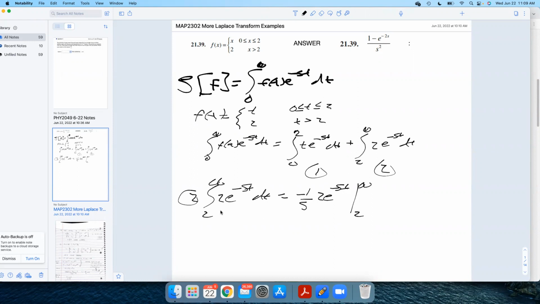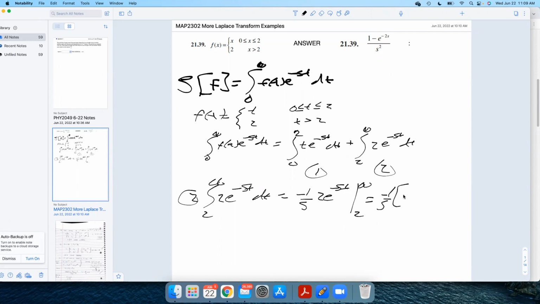Okay, now technically this is a limit here. If I want to be very particular, I should be writing this integral as a limit. This is an improper integral. So this is really the limit as b goes to infinity of the integral from 2 to b. But we've done enough of those. We can skip that. We can kind of hand wave this part and say that this is